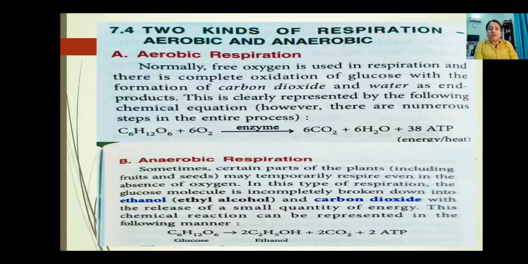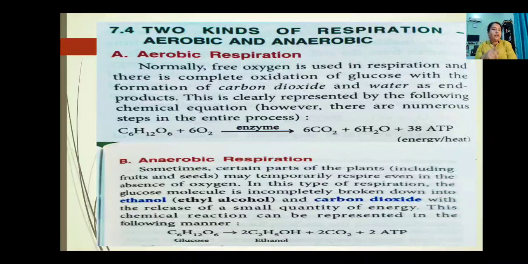Okay, here anaerobic respiration. Sometimes certain parts of the plants, including fruits and seeds, may temporarily respire even in the absence of oxygen. As I already told, they may use oxygen, they may not use oxygen. So temporarily, for the time being, when they respire in the absence of oxygen, then it is said to be anaerobic respiration. In this type of respiration, the glucose molecule is